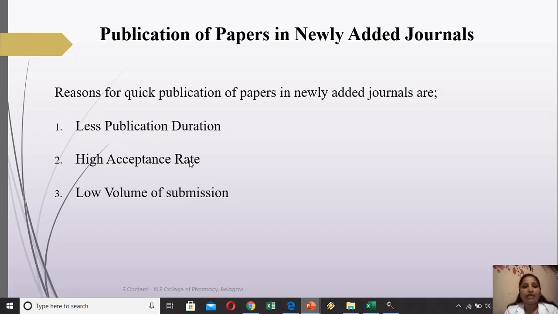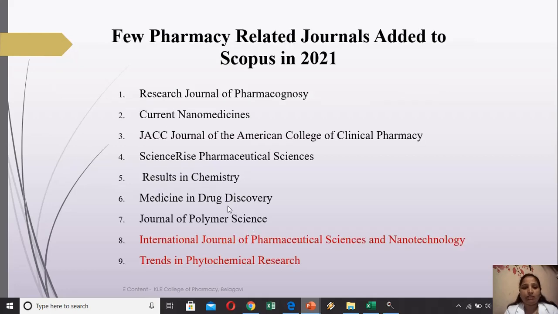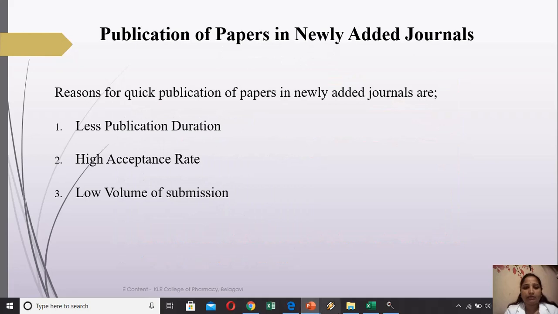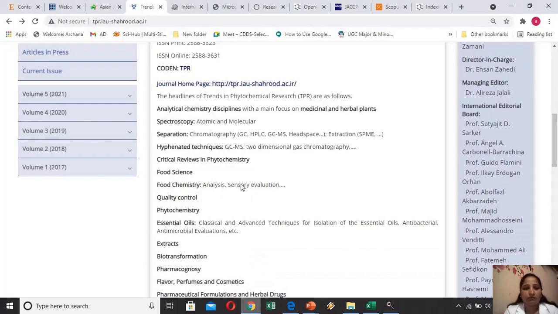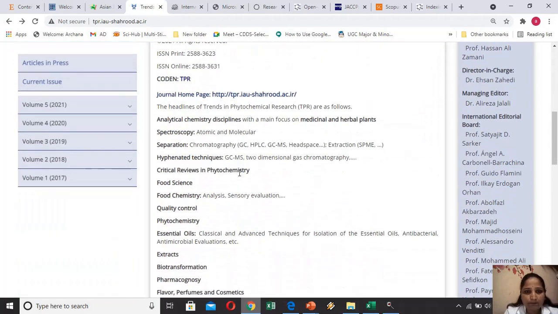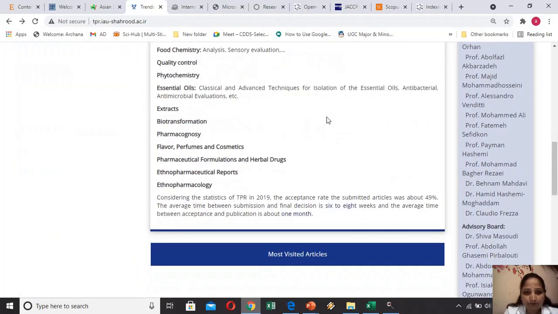And then the high acceptance rate. We have seen in both those journals that there is a high acceptance rate. In one of the journals they have mentioned an acceptance rate of 45%. Here also, 49%.